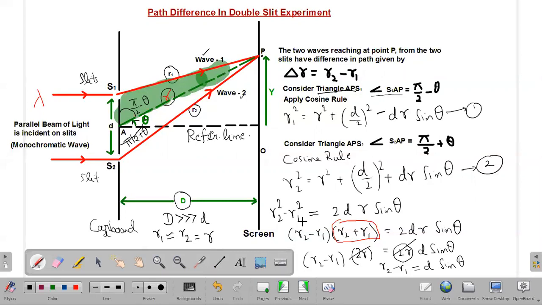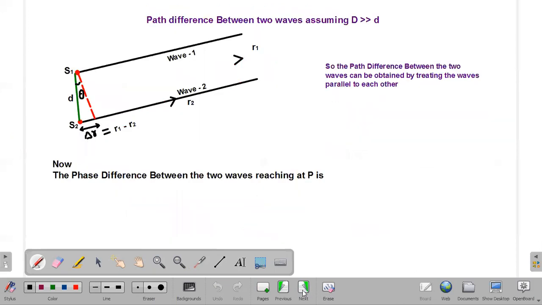But this learning will be extended to the next part now. This path difference, which is denoted by small d into sine theta, we can also find out if I treat it with the objective approach. If I consider the wave which is traveling from S1 and the wave which travels from S2, if I assume that